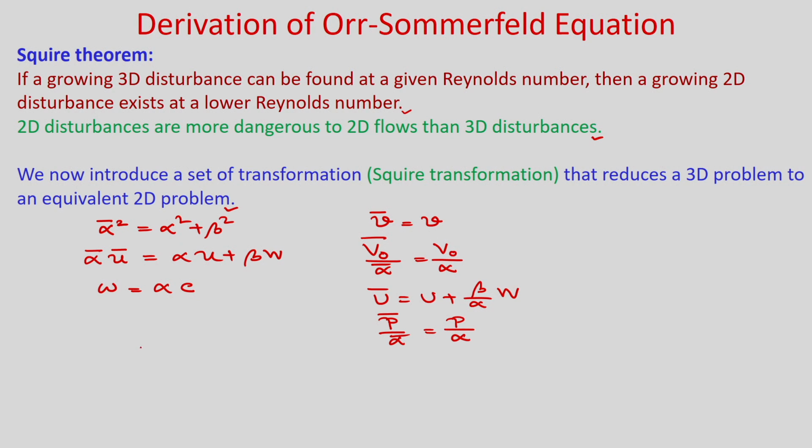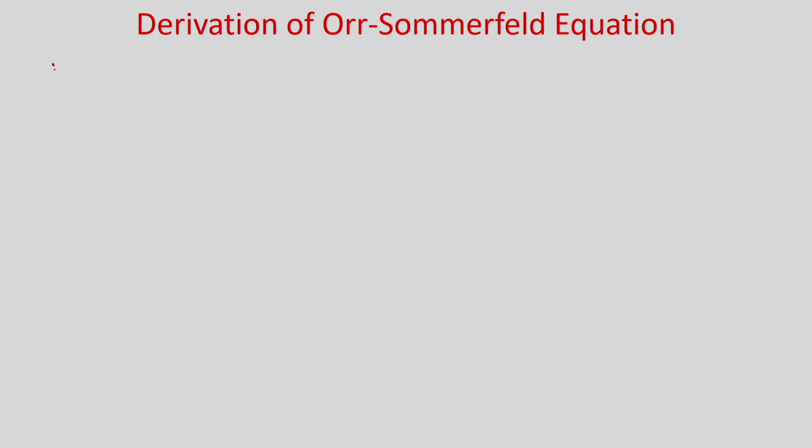As we proceed towards the free stream, u tends to u infinity, and del u by del y decreases at a continuously lesser rate in the y direction. So, del 2 u by del y square remains less than 0 near the edge of the boundary layer. Now let us make this operation: alpha times equation 8 plus beta times equation 10. Then what will we get?